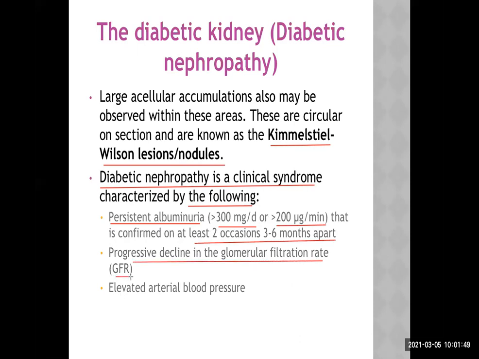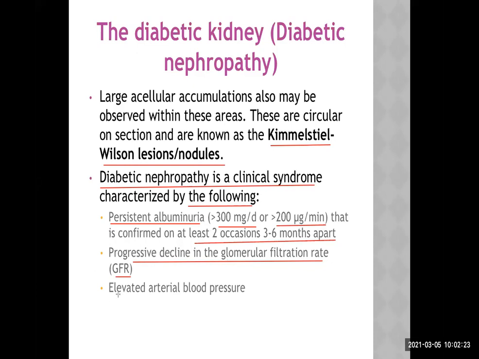What is the normal glomerular filtration rate? 120 ml per minute. Exactly, 120 ml per minute. And if it is significantly low, lesser than 90 ml per minute, then we believe a chronic renal failure has started. Diabetes is one of the causes for chronic renal failure, and slowly there is decline in glomerular filtration rate.